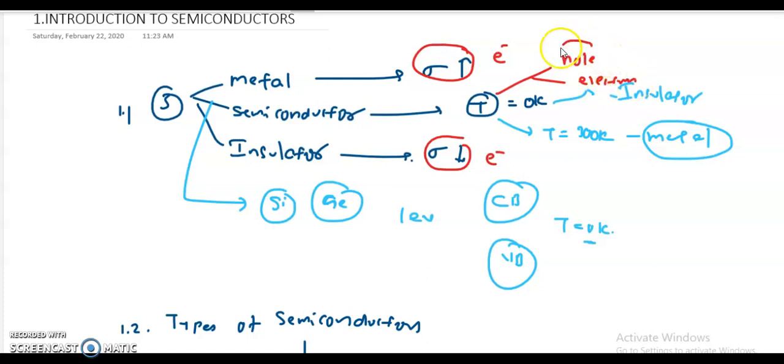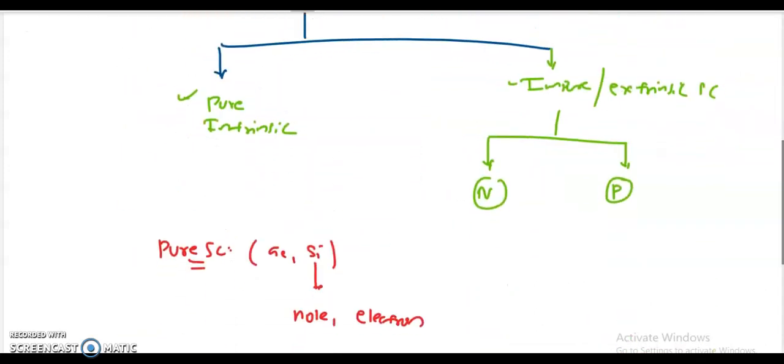That means holes are the positively charged carriers and electrons are the negatively charged carriers. And one more clarity is that holes are the virtual charges. That means these are only imaginary charges. So practically the holes do not exist in the semiconductors. But even though not existing, why we are explaining this concept, we will see later. Electrons are the physically existing charge carriers. And coming back to our concept,